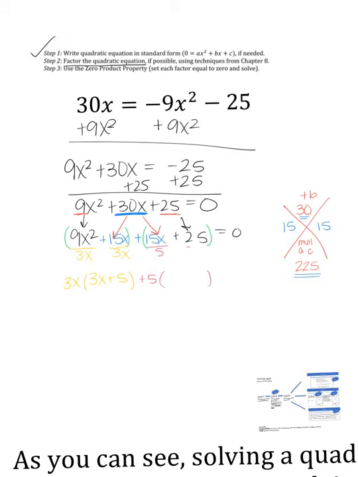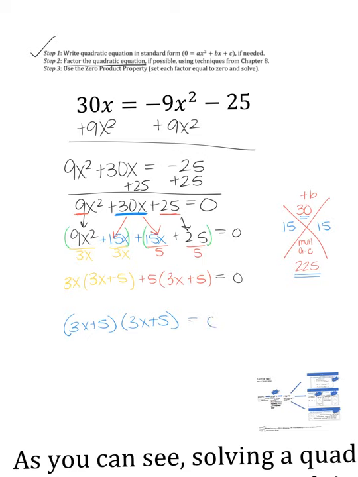Dividing both terms by 5, I get 3x plus 5. Remember, this parenthesis must be the same as this parenthesis to factor by grouping. Otherwise, we did something wrong. Because they're the same, I can factor the 3x plus 5 out as my GCF again, and I'm left inside with 3x plus 5,